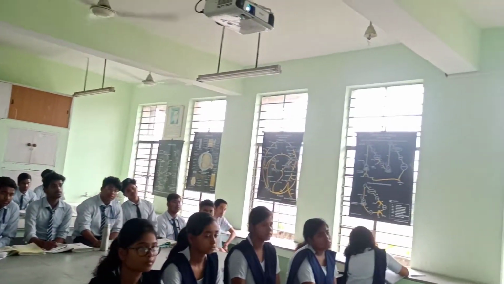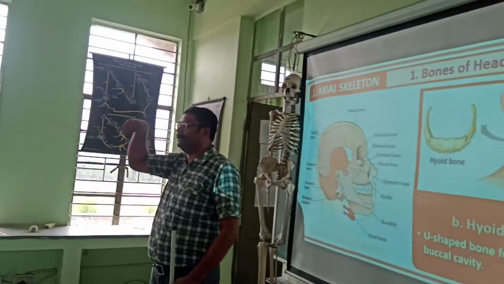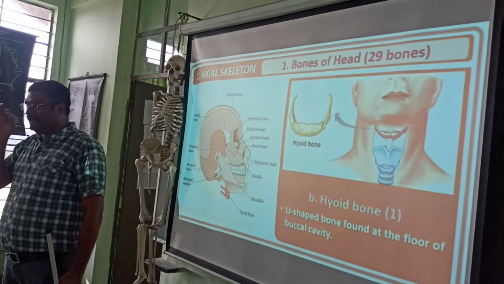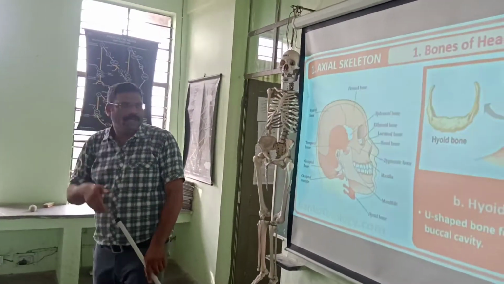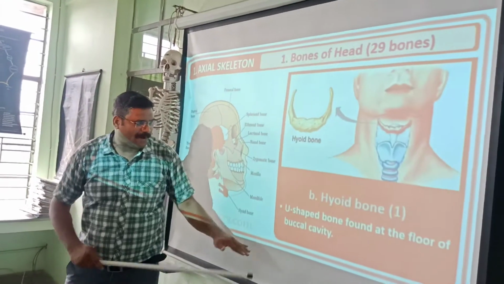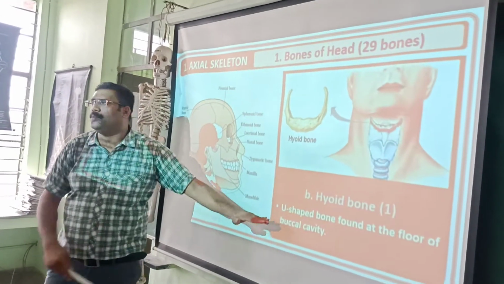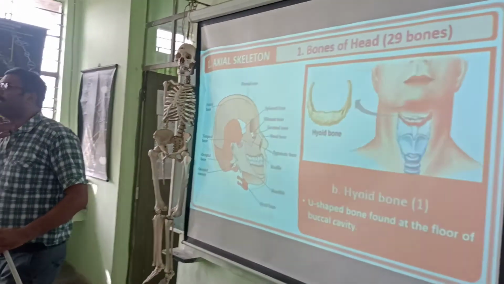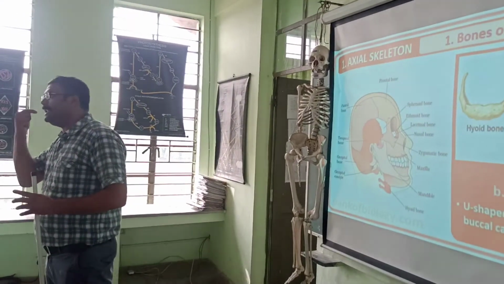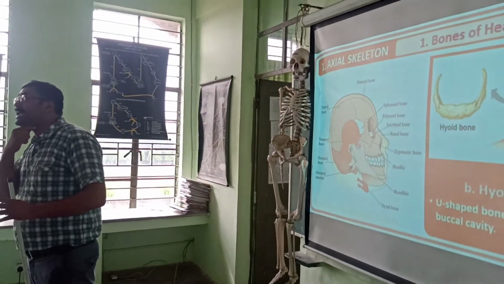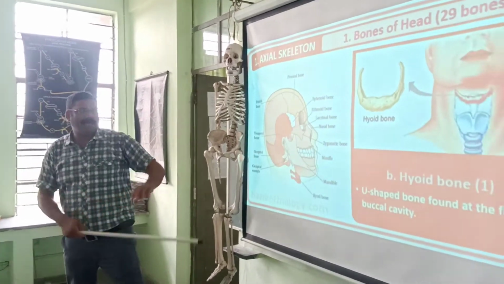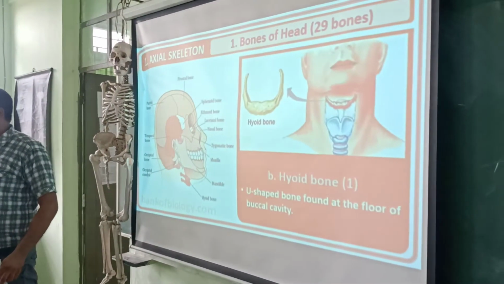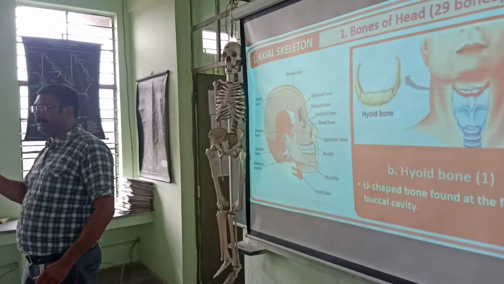The shape of this white bone is U-shaped, like the letter U in the English alphabet. It is found at the base of the buccal cavity. You know there is one tongue in our buccal cavity, so at the base of this buccal cavity is this white bone, and there is no articulation of this